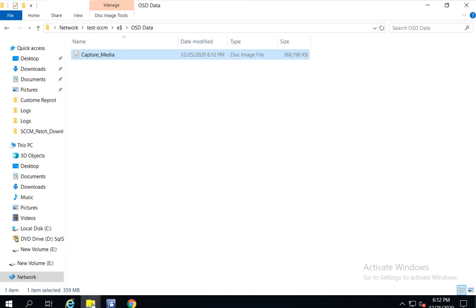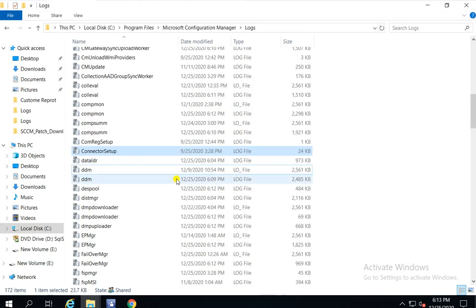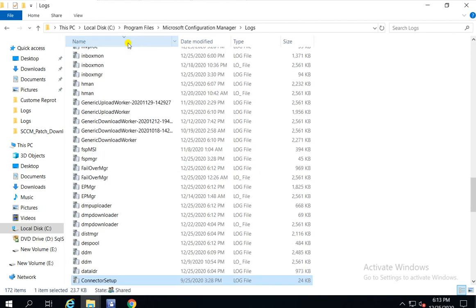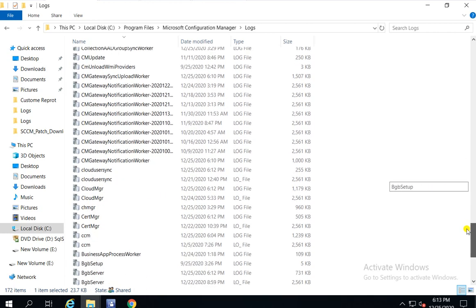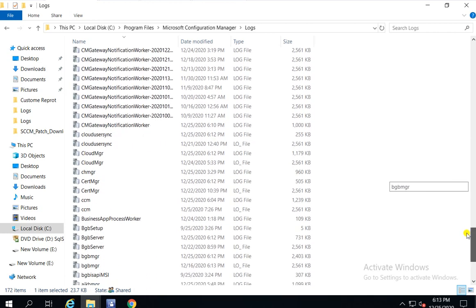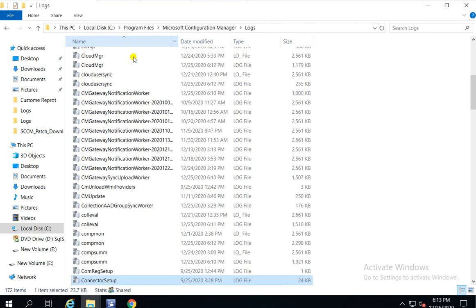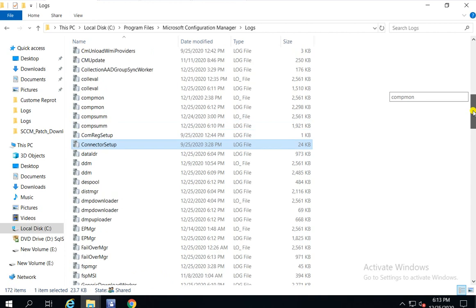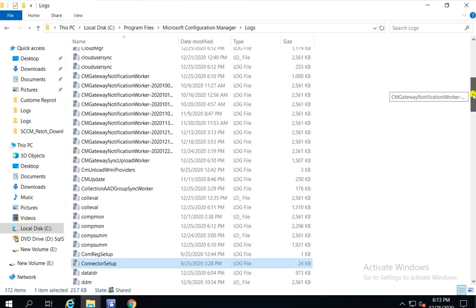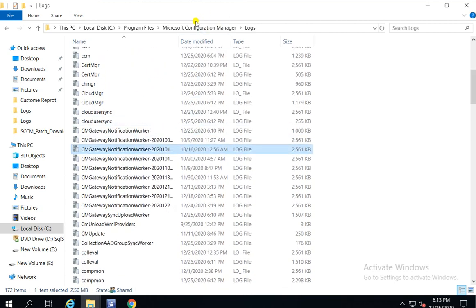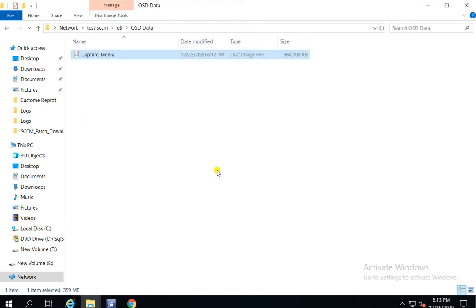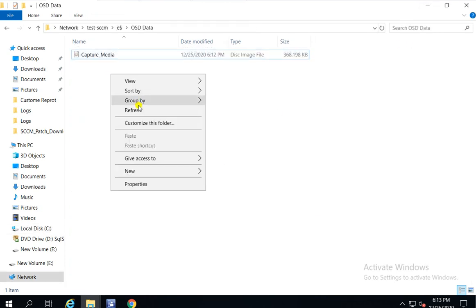I can check the logs here if they were created, but I think the logs were not created here, but that's fine. Everything went good, and my capture media is ready.